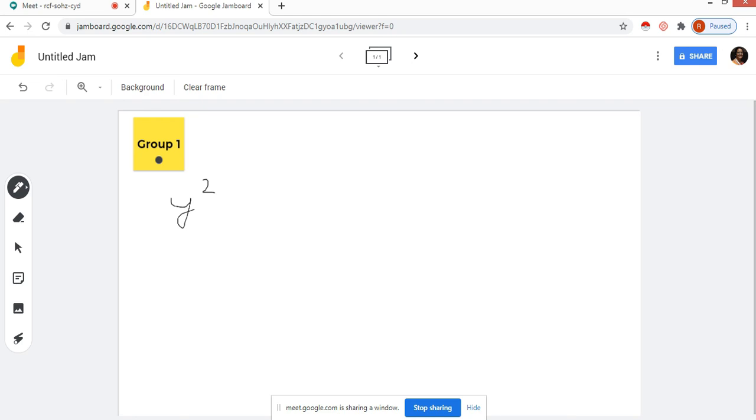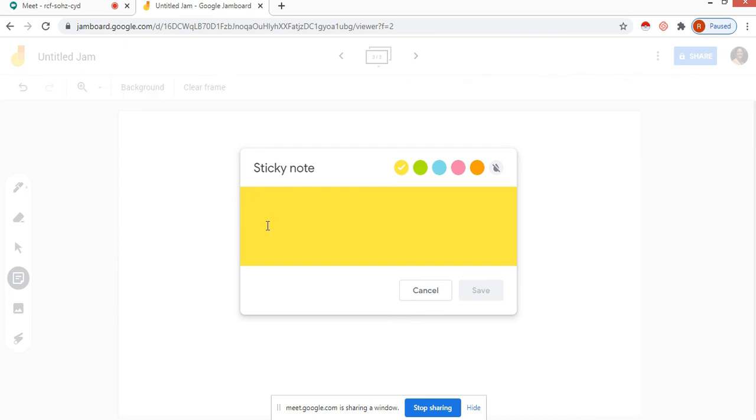Next we have to go to group 2. For that, create frame. See, now you are in the second portion. Again select sticky note, group 2. Save.